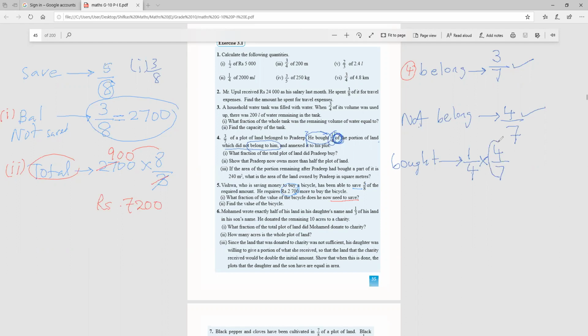He is buying a quarter only from what does not belong to him. The land not belonging to him is 4/7, and from that he is going to buy a quarter. Not the full land. You're not saying he buys a quarter of the full land. So 1/4 of means multiplication of what? Of the full land? No. Okay, we'll explain again. Listen carefully.